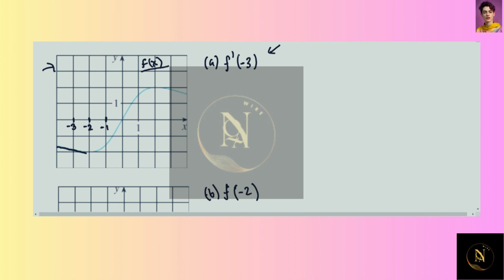With this tangent line, we can see that we are given 2 points. The first point is at -3, and this corresponds to a height or y component of approximately minus 1.9,